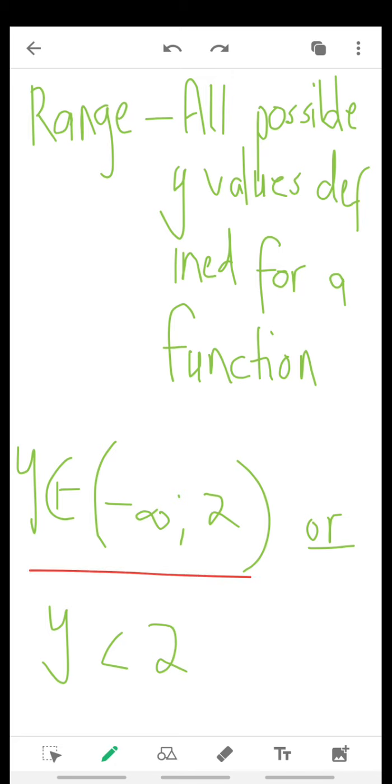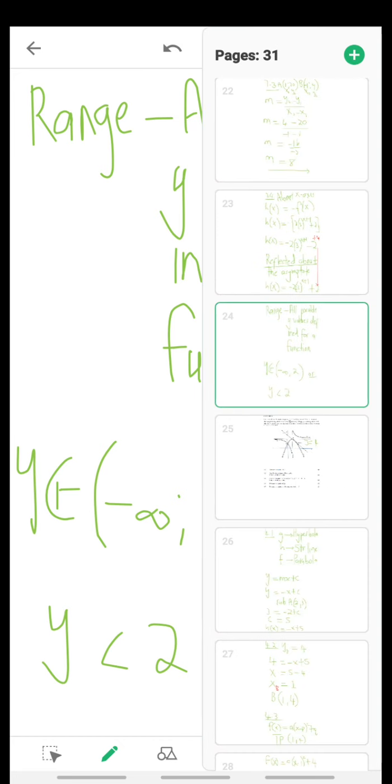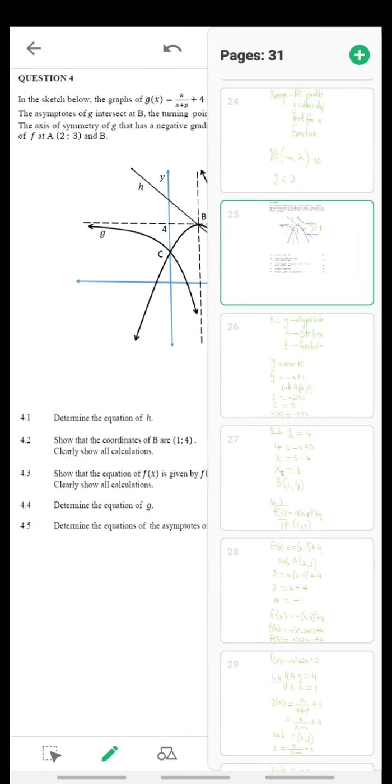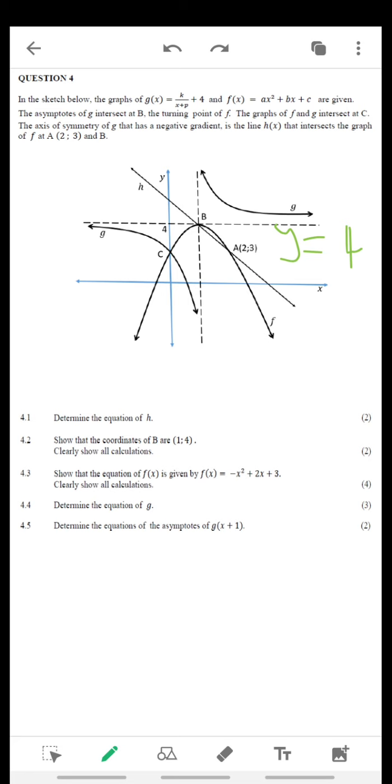If you don't want to write it in this form, then you can say we are considering all y values that are defined for the function which are smaller than 2, but not including 2. Okay, very important. Now let us go to the last question, where we have a straight line function, a hyperbola,